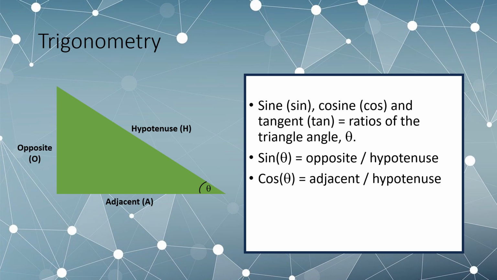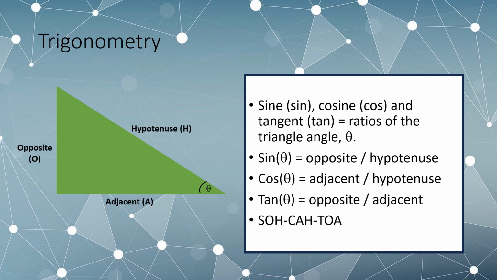Our tangent ratio of our triangle is equal to opposite over adjacent. Now, it's important that you remember these three, and whilst there are many different techniques out there to remember them, I've often found the easiest to be the abbreviation SOHCAHTOA. That's SOHCAHTOA. So you can see that it's sine is opposite over hypotenuse, then cos is adjacent over hypotenuse, and tan